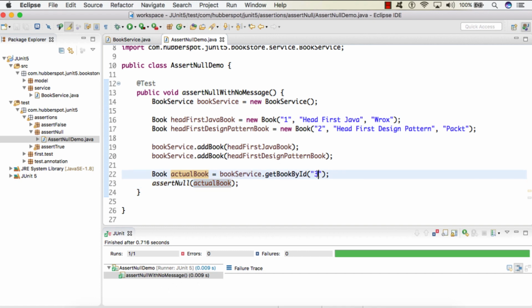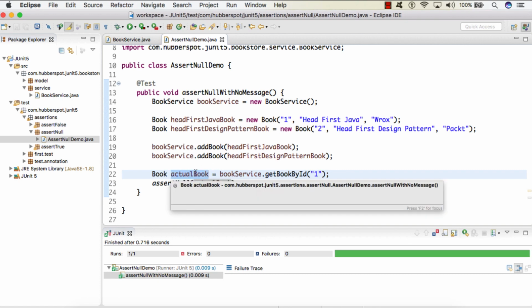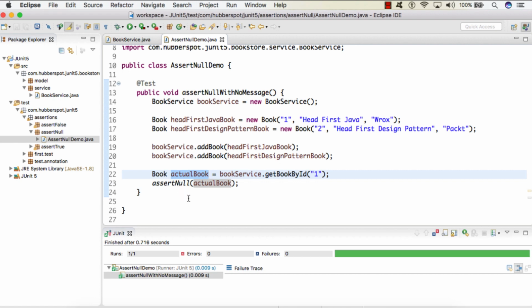So friend, let's suppose I do a get book by ID 1. We know that book ID 1 is present in the list of books. So here we will get an actual instance of book which is not null, and if you are passing that actual book into assertNull, the test case will fail because the actual book is not null.